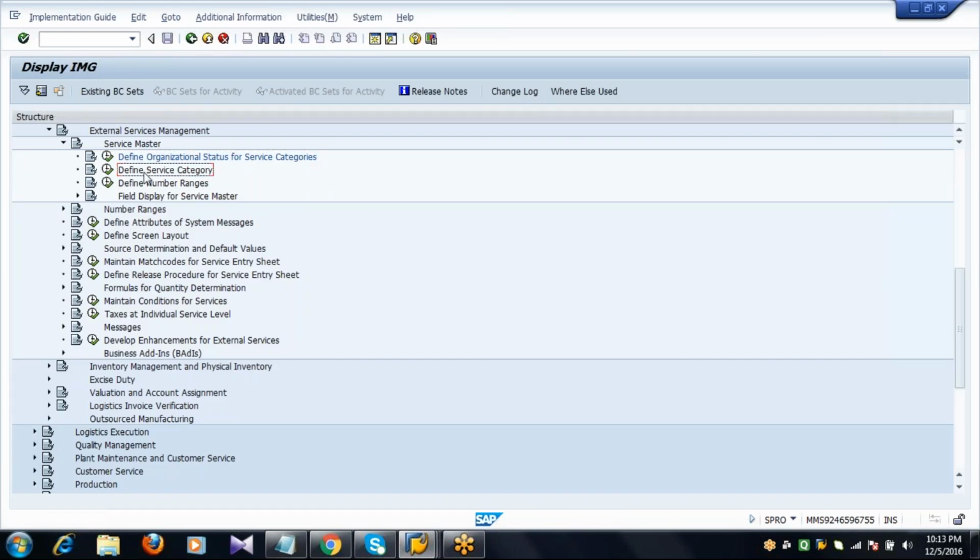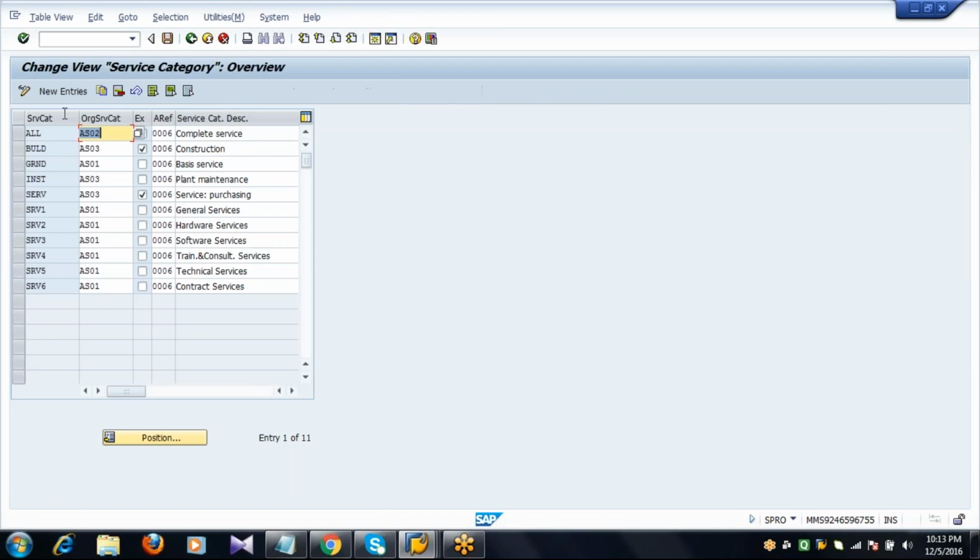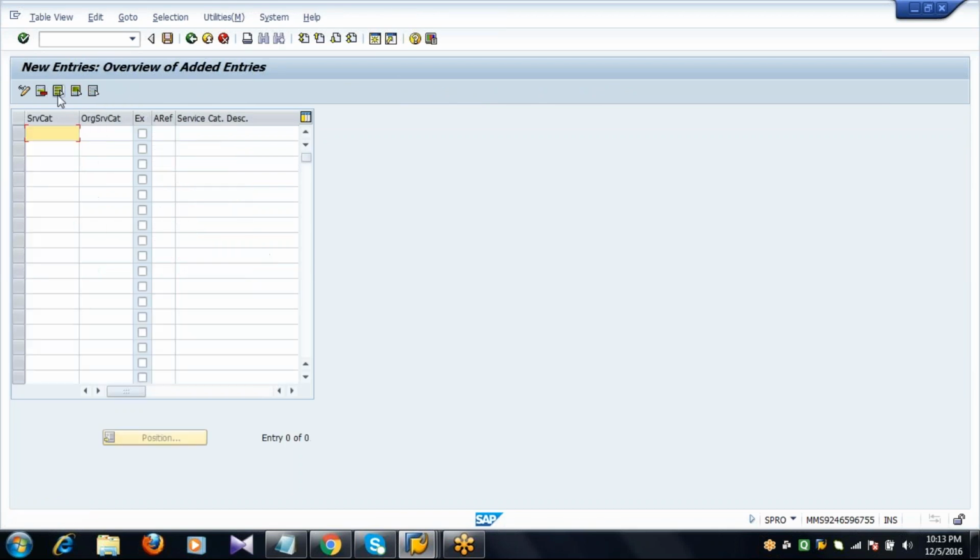Next, define service category. Click on new entries. For example, I create it as SC01. It's just an example, guys. And account category reference, we can even create our own account category reference.